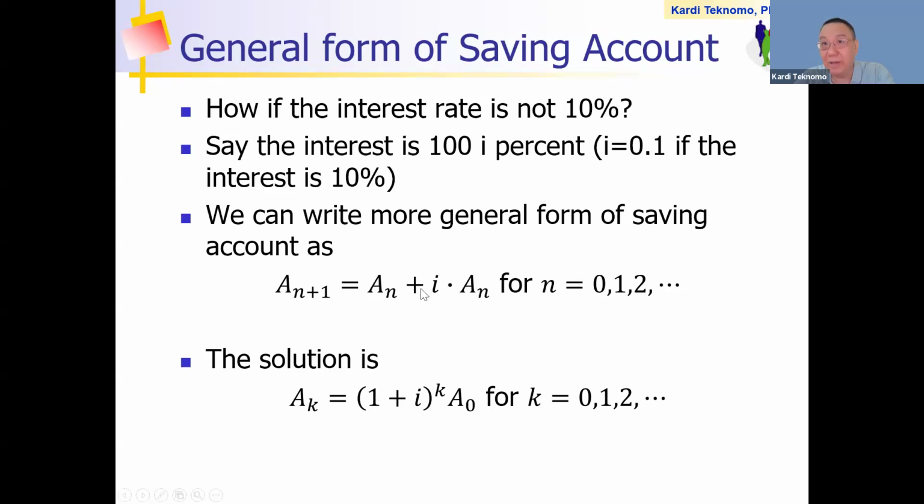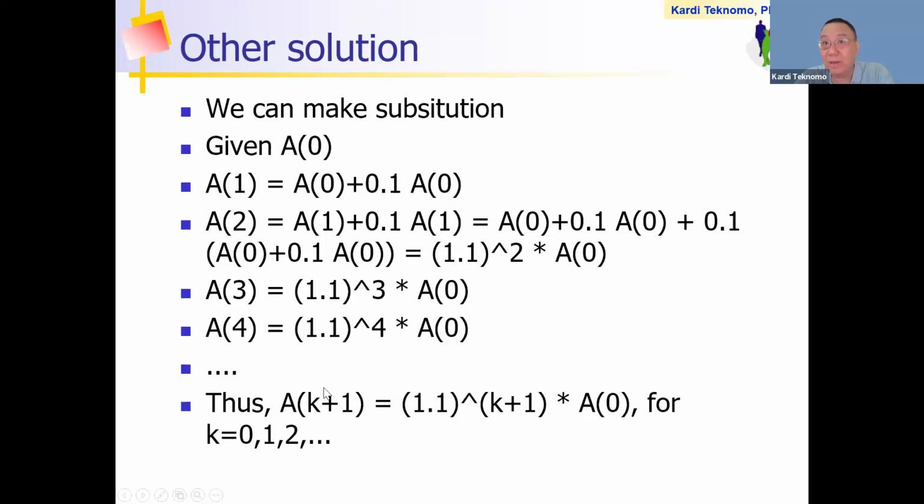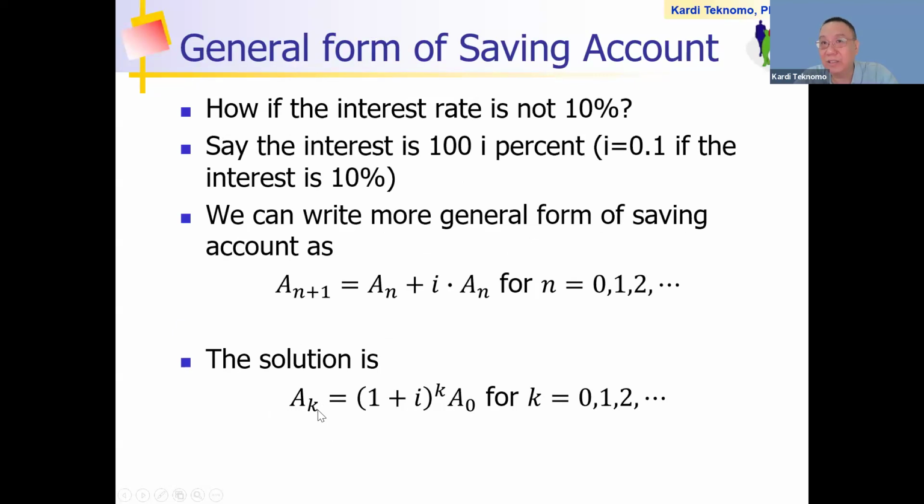Okay, and a while ago we said this is the formula of the final result: a_{k+1} = 1.1^{k+1} a_0. This is exactly what we use here. So instead of a_{k+1}, I put a_k. This is the actual formula that we use. I'm just telling you, look, this is the derivation of the one that you use. This is called a difference equation.